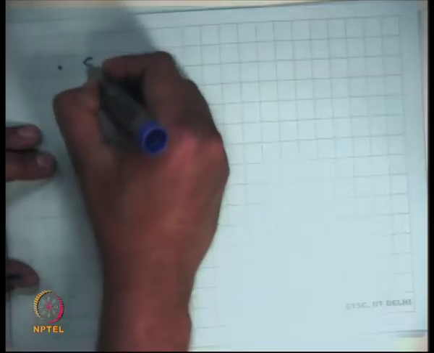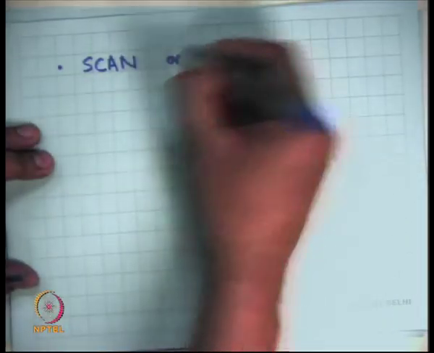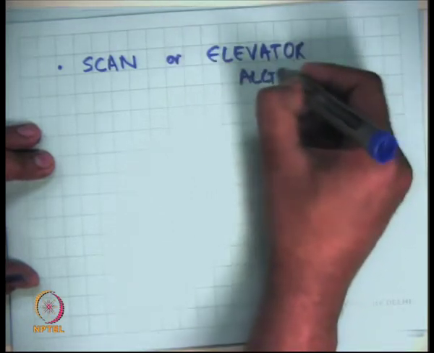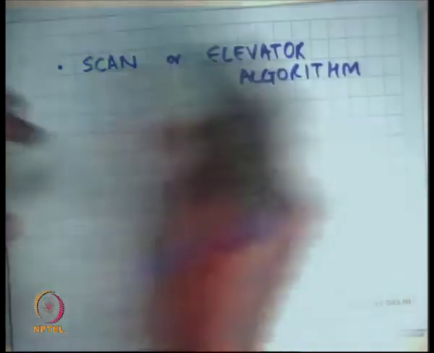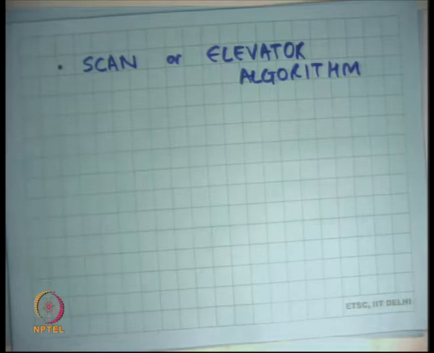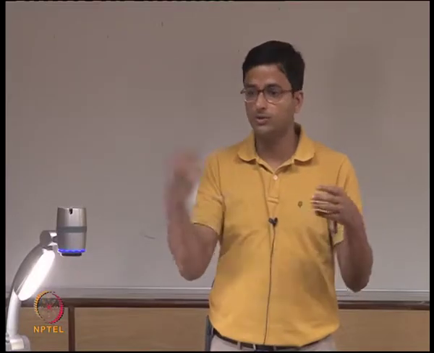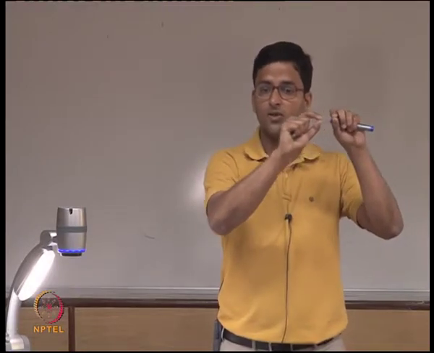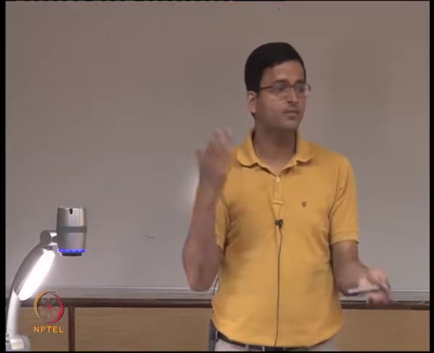The third one, which is actually what's used, is called the scan algorithm or elevator algorithm, and it takes its name from exactly how typically an elevator works, which is that you choose a direction. There are two directions when you are moving radially, either you will move inwards or outwards. You choose a direction in FIFO order, whoever came first, just like in an elevator. But if you have chosen a direction, you will service all requests in that direction before changing the direction. So it's very much like an elevator.